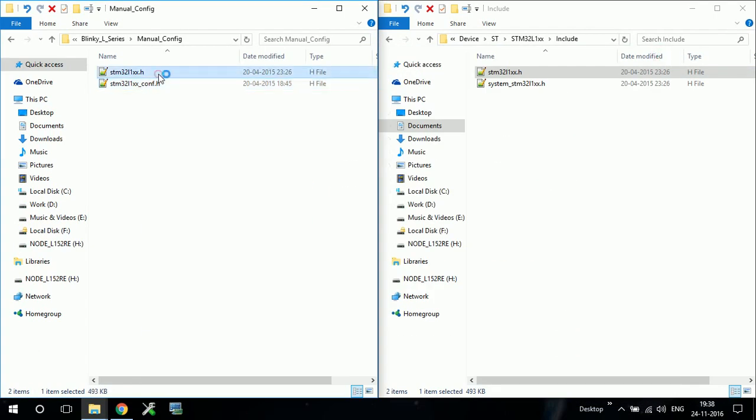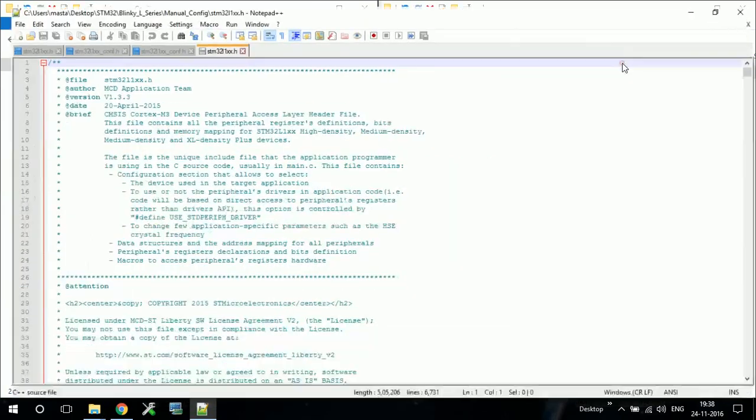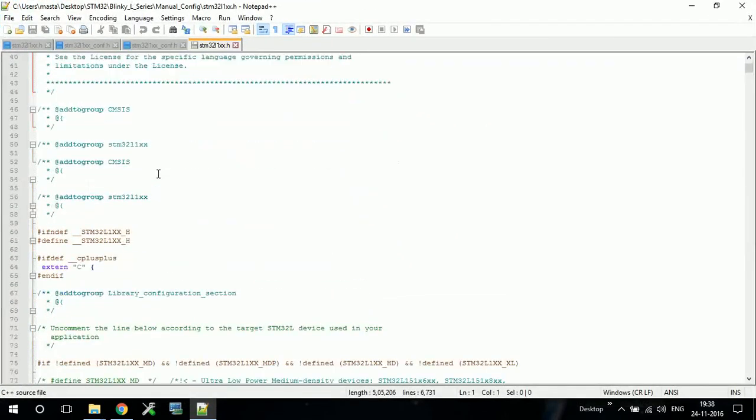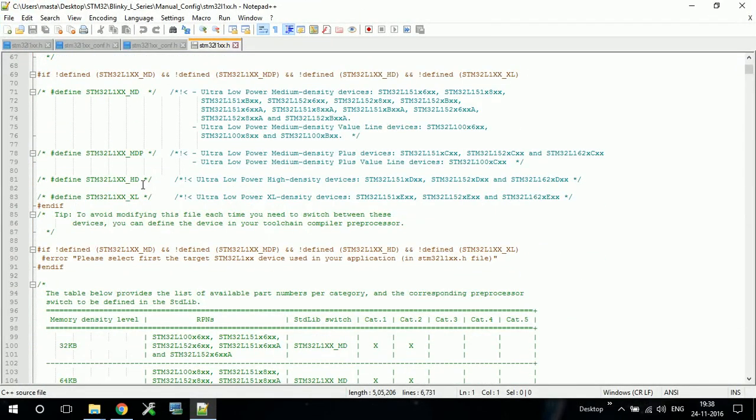In this STM32L1 file, if you go a little down, you'll find there are different series of boards like MD, MDP, HD, XL. Now if I search for my particular microcontroller, I'll find it is here, this one.